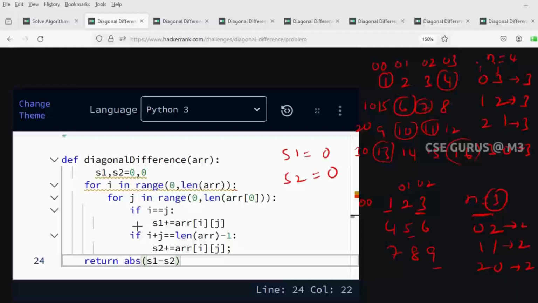And in the nested for loop, checking what is the first condition. If it is a left diagonal, I explained just now, i equals j. If i equals j, so yes, you can add to S1. So you have to add to S1. For example, if I take this one,